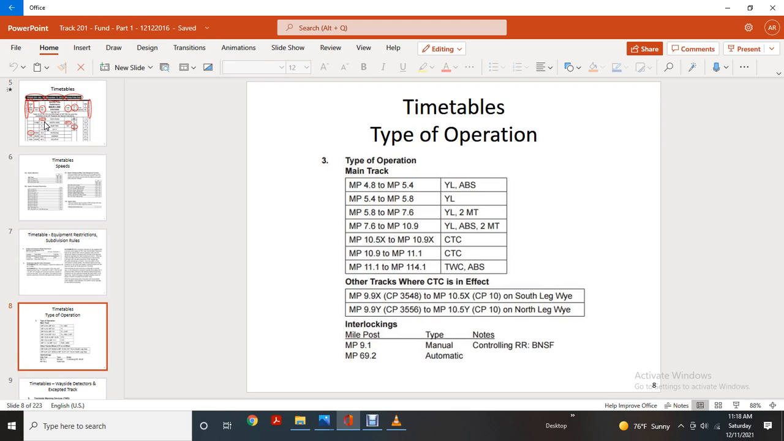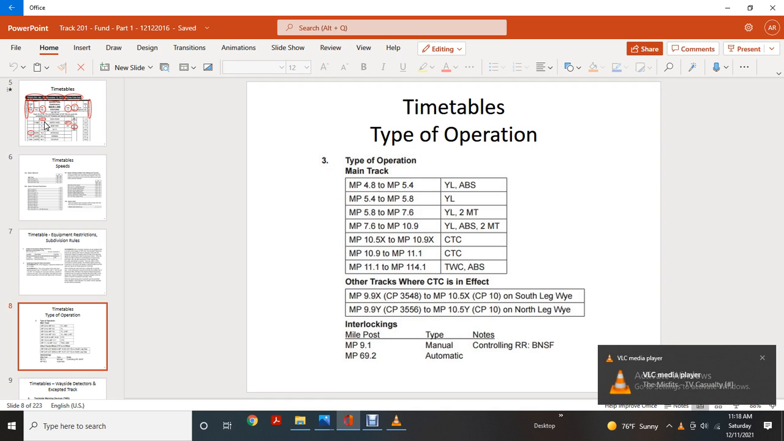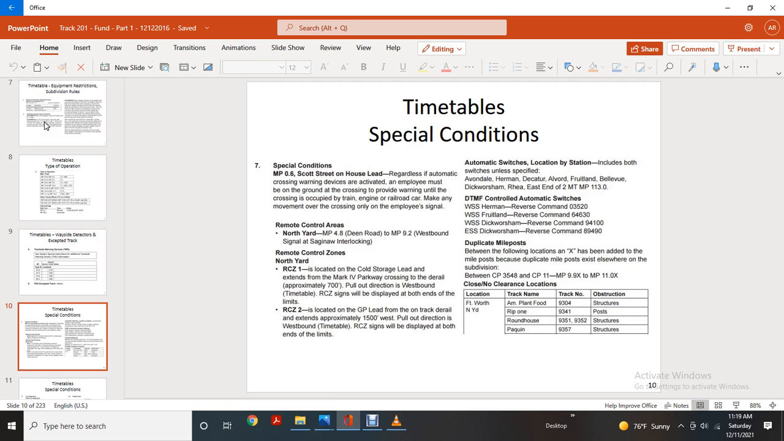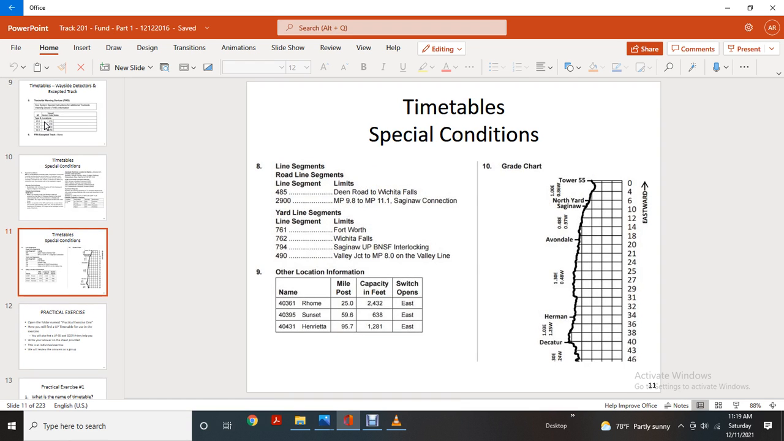timetables, type of operation, main track, other track, centralized traffic control track, current in effect, interlockings, trackside warning devices, track FRA excepted, track none. Special conditions: remote control zones, automatic switch location, DTMF controlled automatic switch, duplicated mileposts, closed, no clearance, limited to start. Timetable special conditions: line segment, alignment, limits segment, and limited yard line segment, and